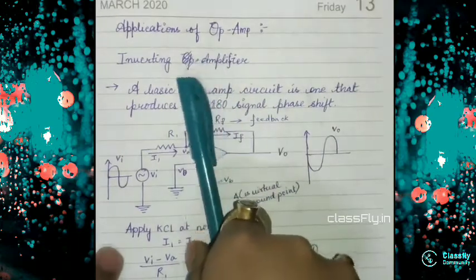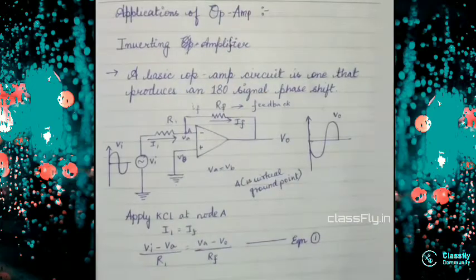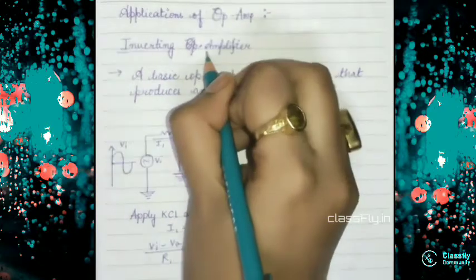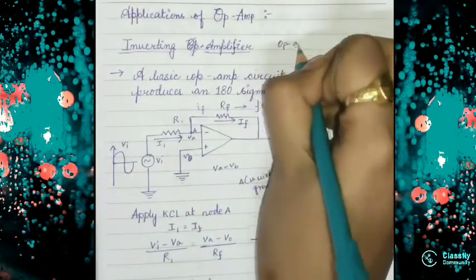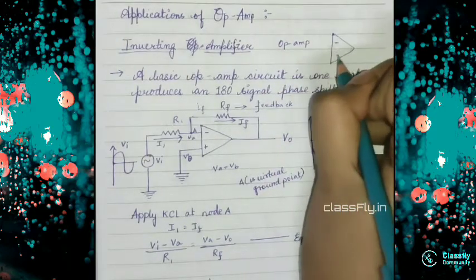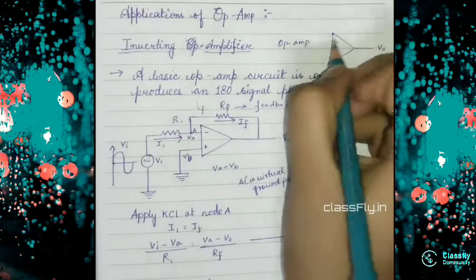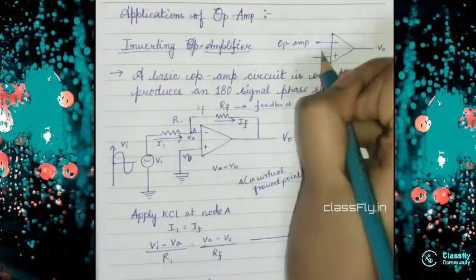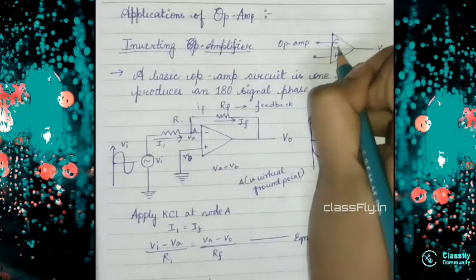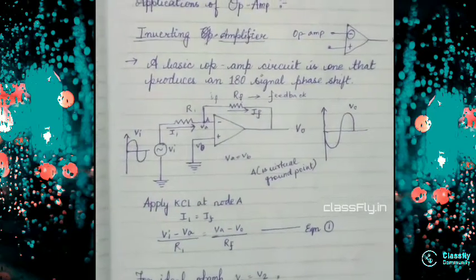Perfect. So today we will deal with the application of the Op-Amp. Yes, we will be dealing with the inverting amplifier. We have seen in the past videos that an Op-Amp has a circuit, right? How does an Op-Amp look? Like this, right? One terminal has a minus, that is negative, and one has a plus. And there will be a V0, this is the output, and there will be two inputs. And our inverting terminal was? Yes, this minus sign was the inverting terminal. So today we will deal with an inverting amplifier, okay?